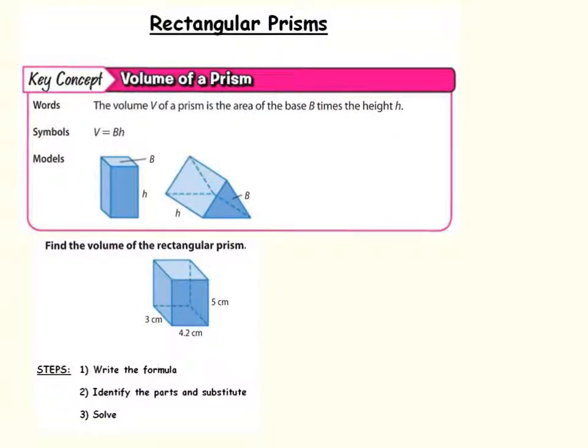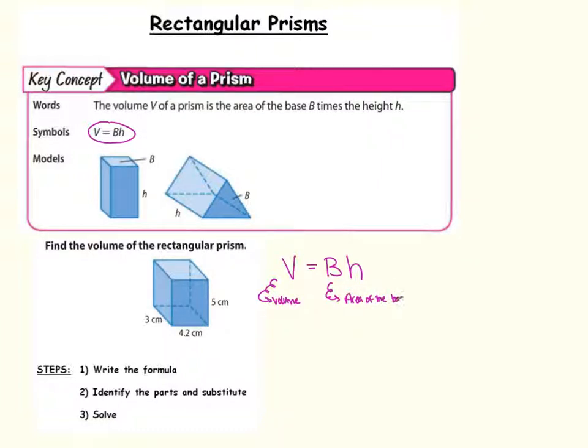On the front of your notes, you will see that there is a formula in order to find volume of both the rectangular prism and the triangular prism. So like I said before, we're just going to focus on the rectangular prism. So down below the big box, I want you to actually write down the formula, because what we're going to do is create a diagram that explains what each letter stands for. So the V, of course, stands for volume. The big B stands for the area